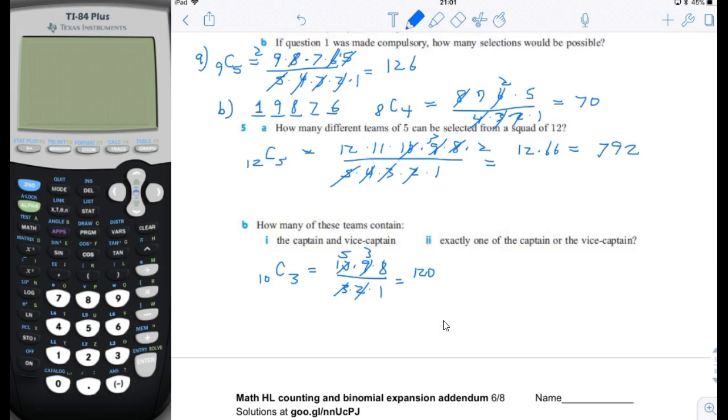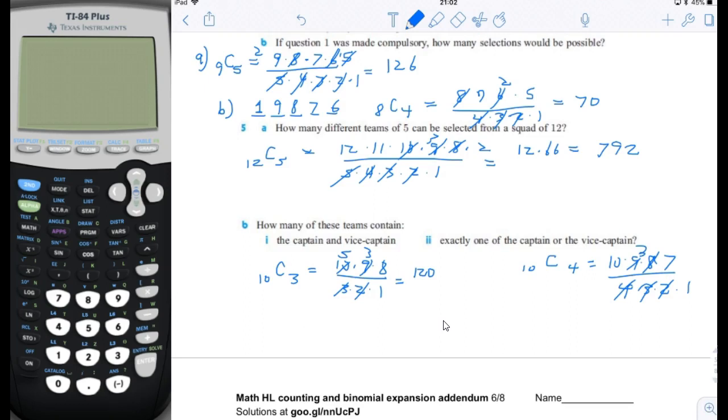Okay, what about exactly one of the captain or the vice captain? So in this case, we either have the captain or the vice captain in one of the spots. The remaining 4 spots would be filled by the other 10 team members. So it would be 10 chooses 4, right? 10 chooses 4 would be 10 times 9 times 8 times 7 divided by 4 times 3 times 2 times 1. And we could cancel out the 8, and we could cancel out one of the 3's from the 9. And so we're left with